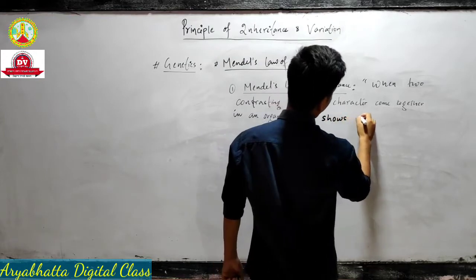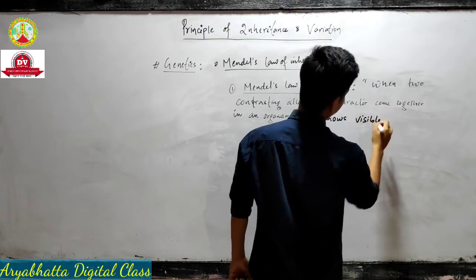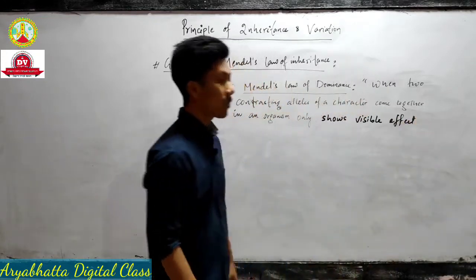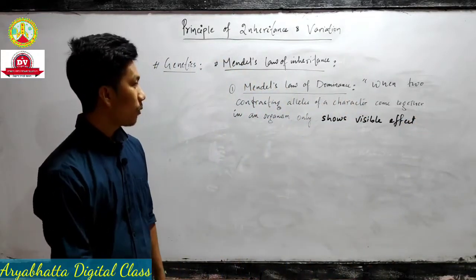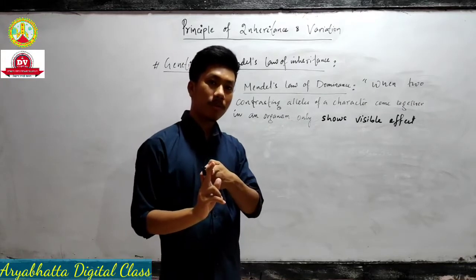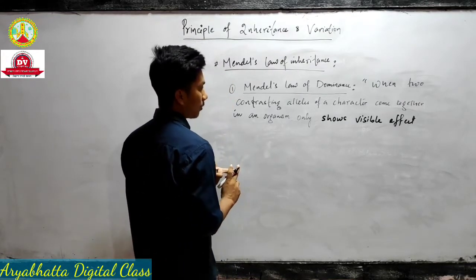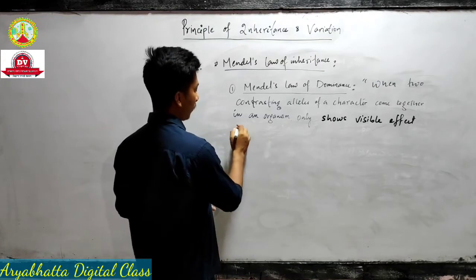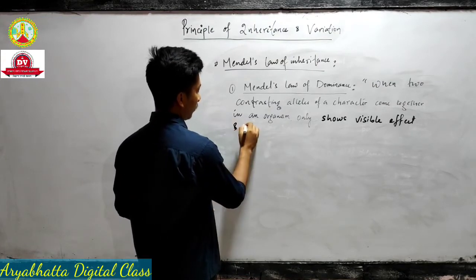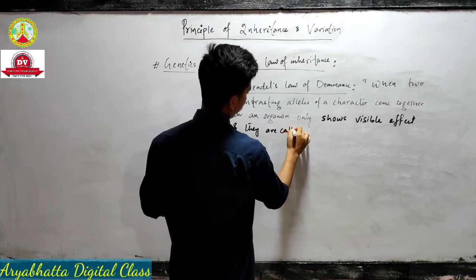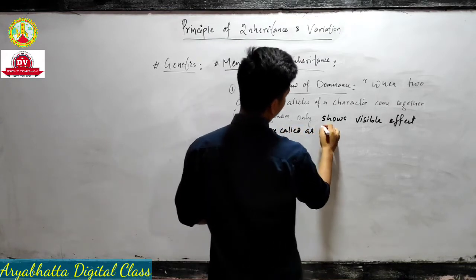So when a cross is made between two parents, only one shows visible effect, and it is called dominant,